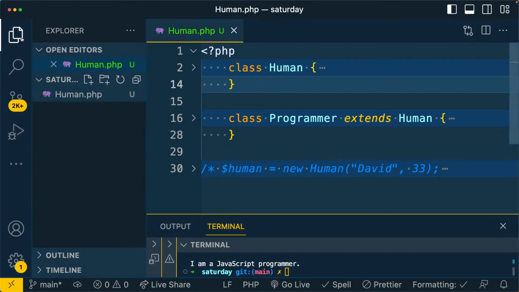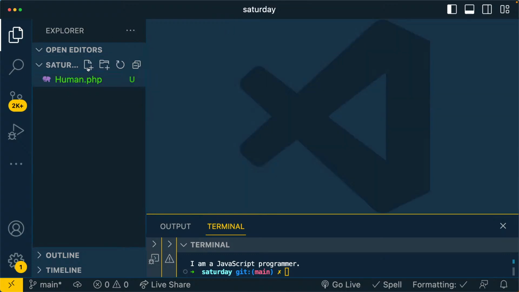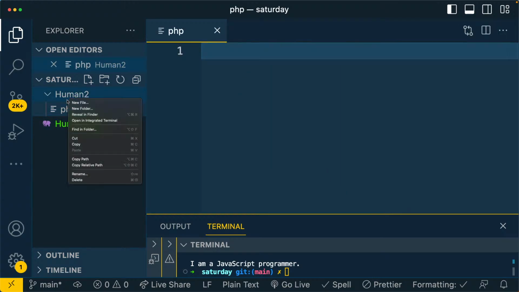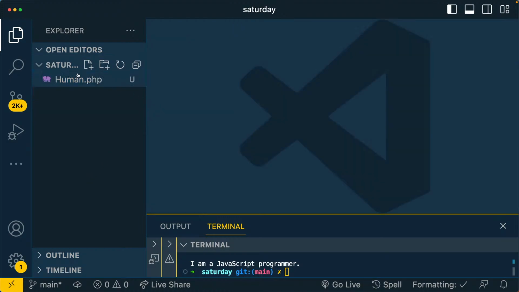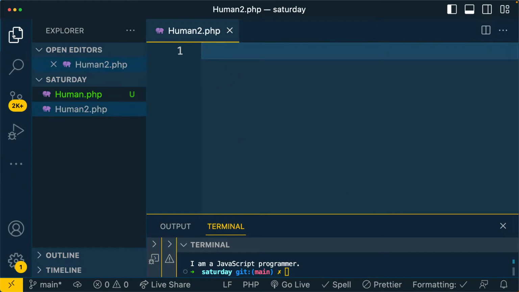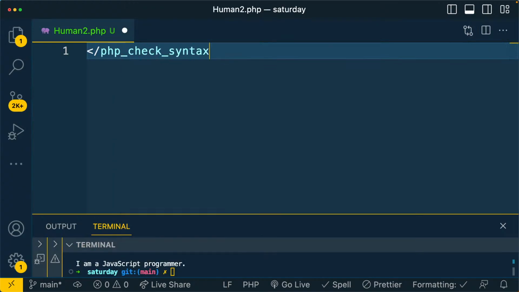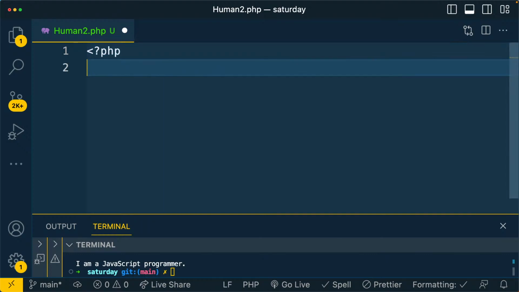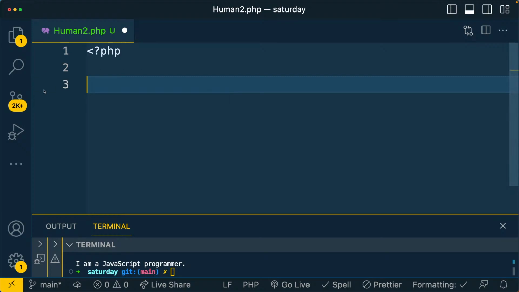Let's demonstrate it in another file here, which I will call human2.php. Oh, what am I doing? Should delete that. Then human2.php. Sorry about that. Then open PHP. So what we are going to do with this one is we are trying to demonstrate how we can have